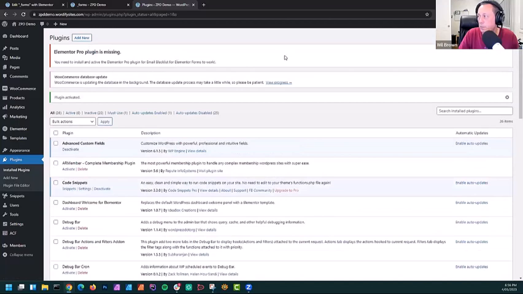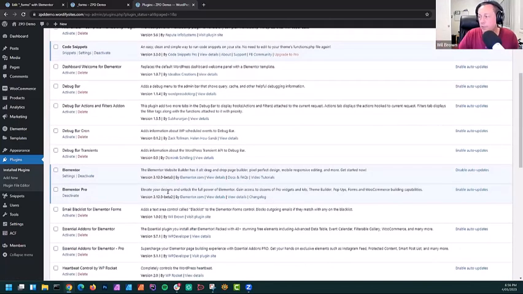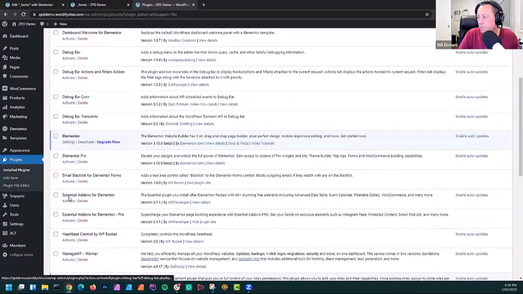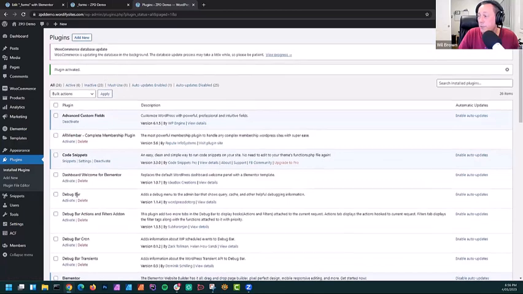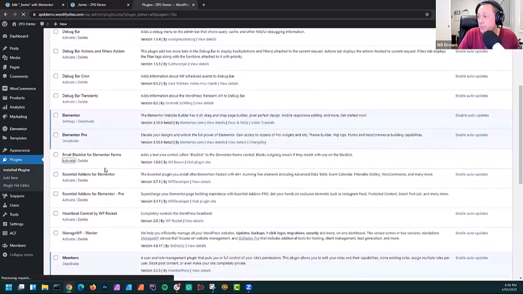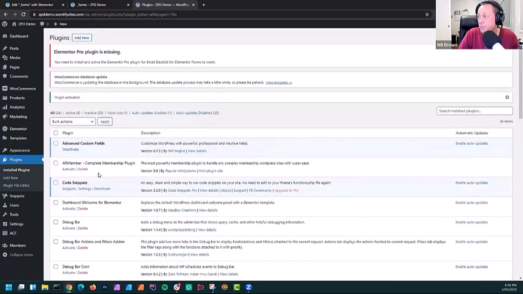Elementor Pro plugin. Of course it doesn't work. All this worked fine this afternoon when I tested it, of course. For some reason it's not going to work. But anyway, let's jump back to the